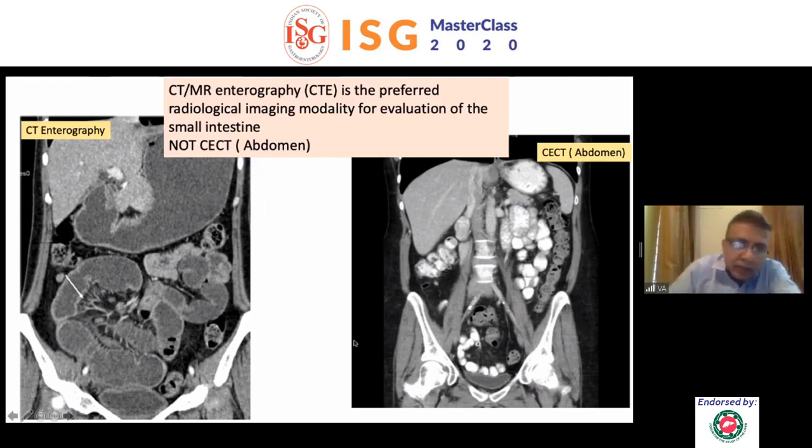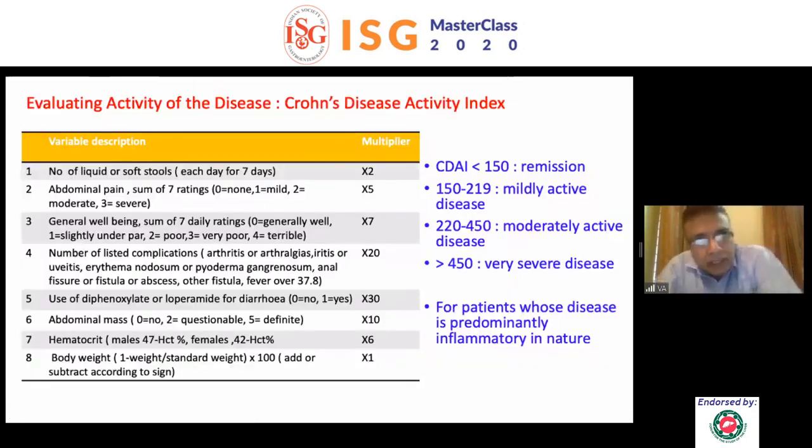And in fact, if you look at both the pictures, this picture should be enough to satisfy that argument, in terms that you're really going to miss lesions if you're only going to do a CT abdomen or an MRI without enterography. So we have looked at location, we have looked at behavior.